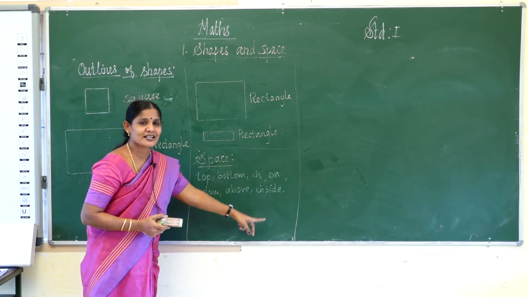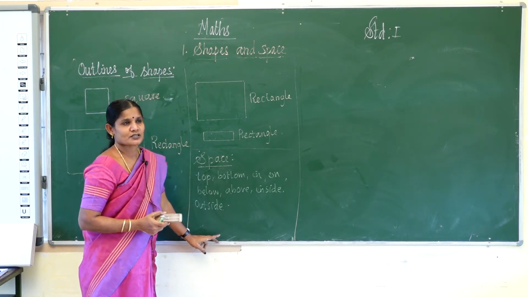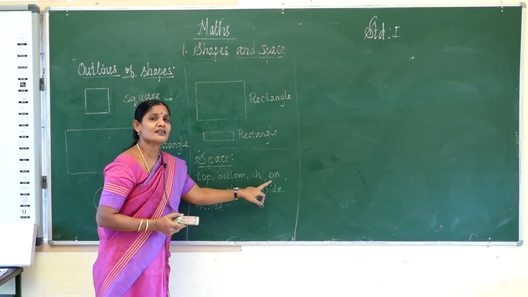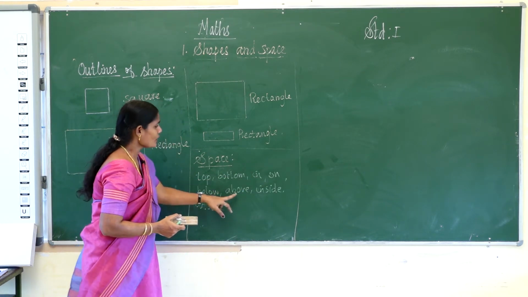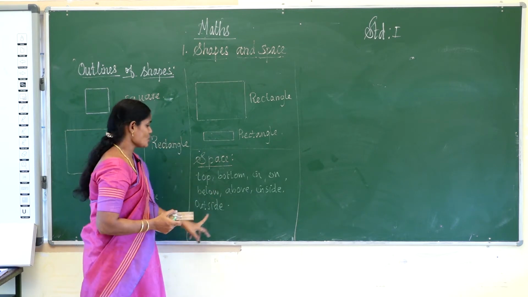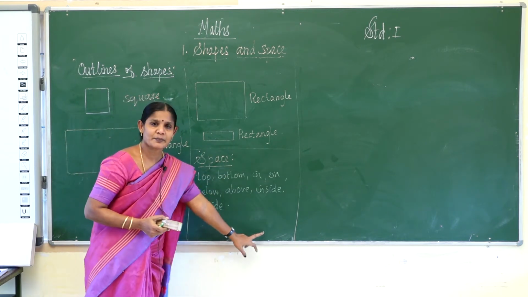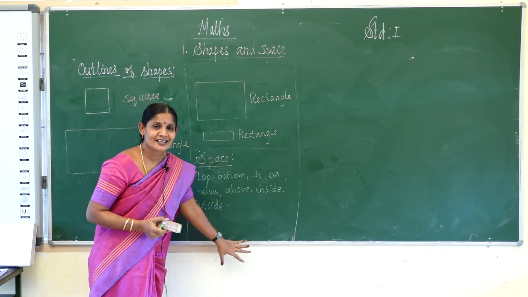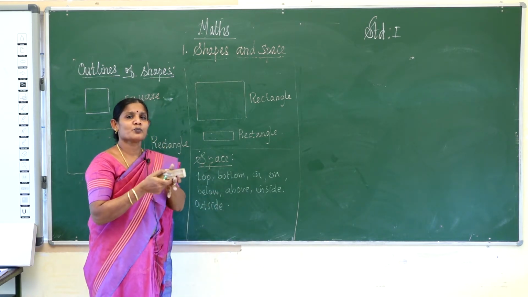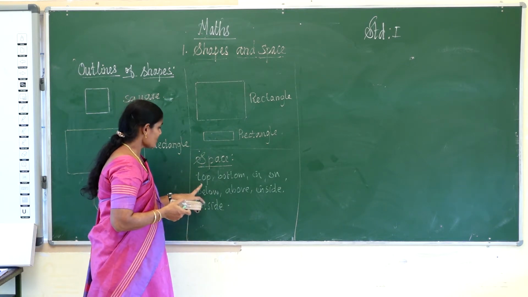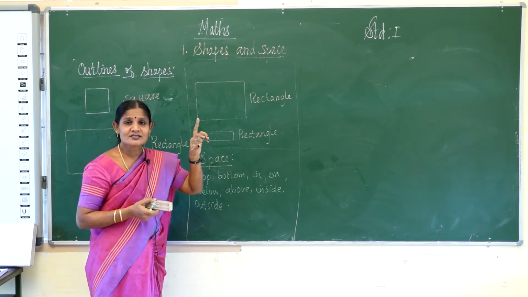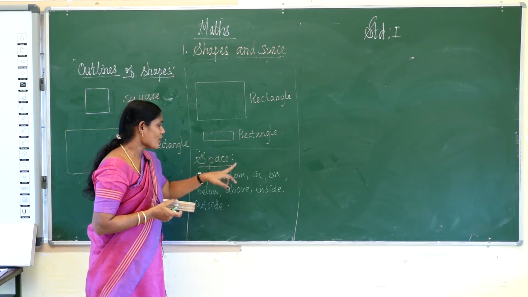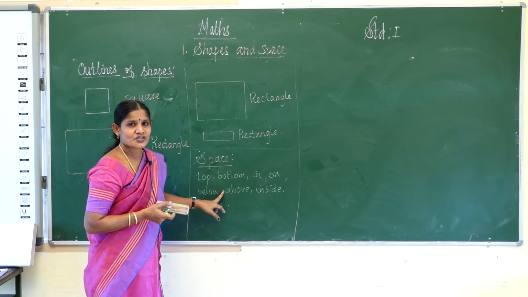These words represent the position of the object. Okay, so what are the words? Top, bottom, in, on, then below, above, inside, outside. These all words represent the space of an object. The words எல்லாம் உனக்கு எதை ரெப்ரசன்ட் பண்ணுது? உன்னோட ஆப்ஜெக்ட் எந்த பொசிஷனில் இருக்கோ அதை ரெப்ரசன்ட் பண்ணு. ஃபார் எக்ஸாம்பிள் டாப், a crow is in the top of the tree. Okay, bottom, a mouse is bottom at the tree.